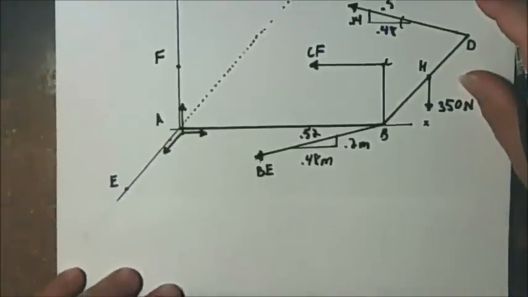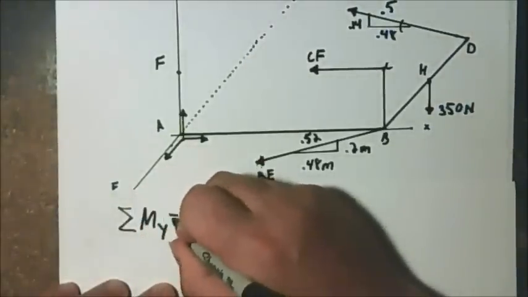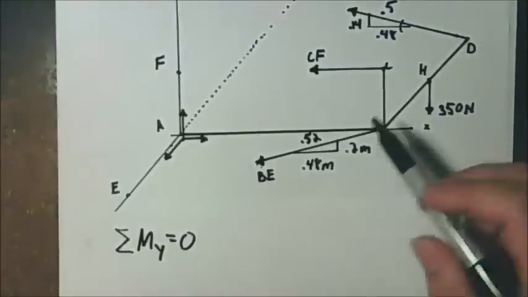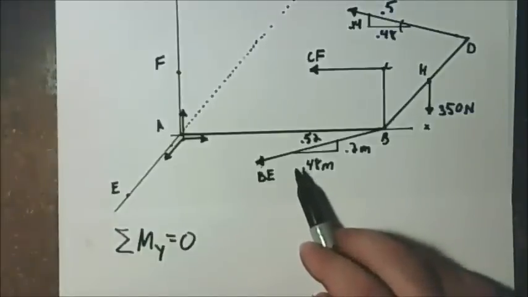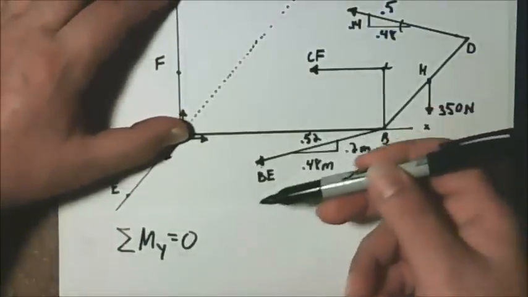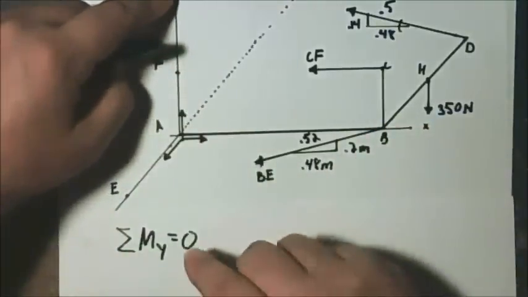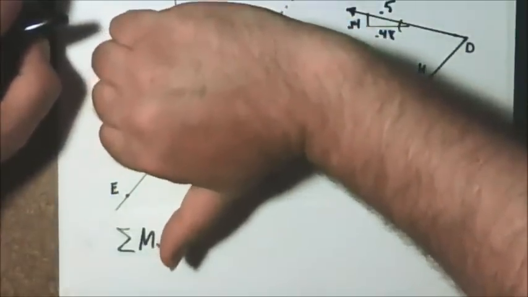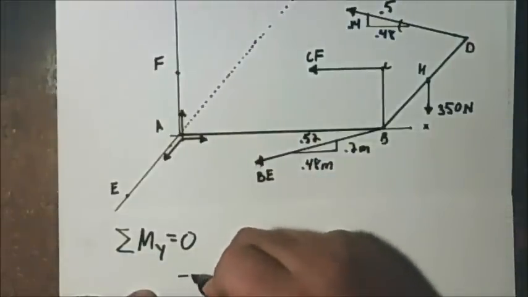So now we say that the sum of the moments about Y equals 0. So from BE here, you see that if this cable BE were pulling this around, it would create a rotation in this direction. If I curl my fingers in that direction, it rotates that way. My thumb is pointing down in the negative Y direction. So this will be negative